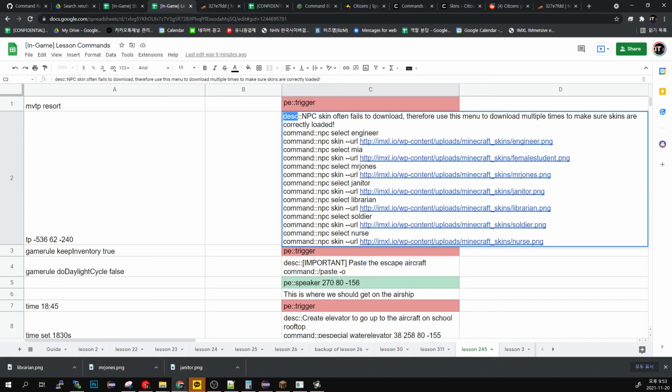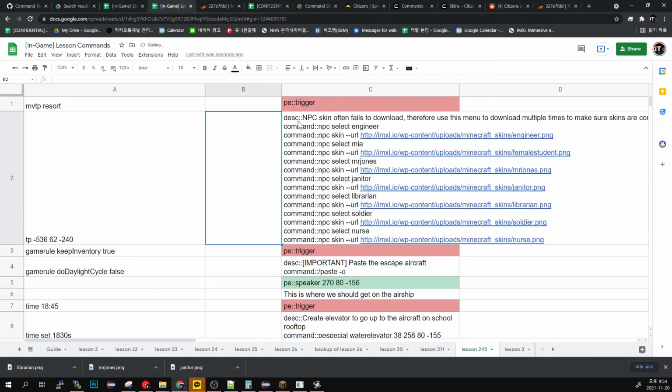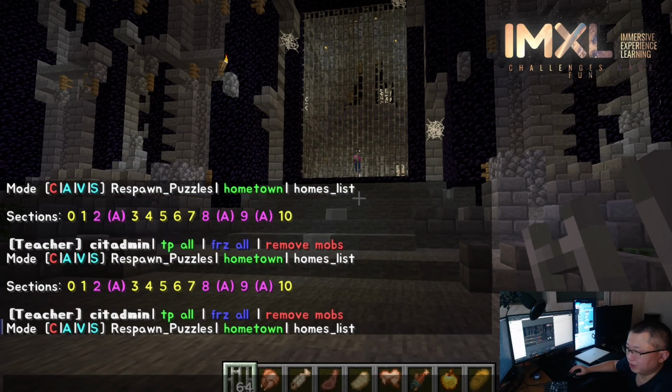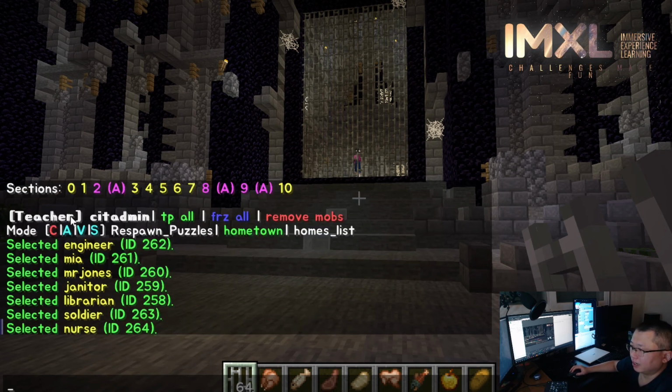And notice this DSC followed by 2 colons. This is short for description. It's basically so that the teacher using this menu doesn't need to see all these commands to understand what it does. So the purpose of it is to make sure that the teacher can quickly figure out what the menu or the section is going to do. So once you press this section 0, it's going to try to download the NPC skin, and